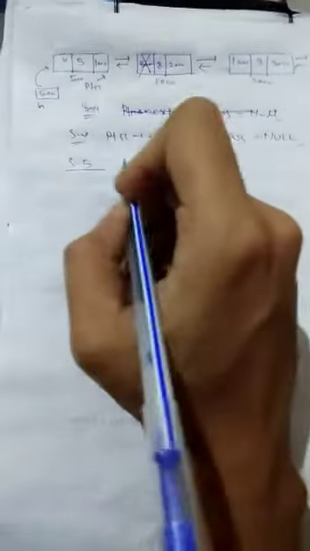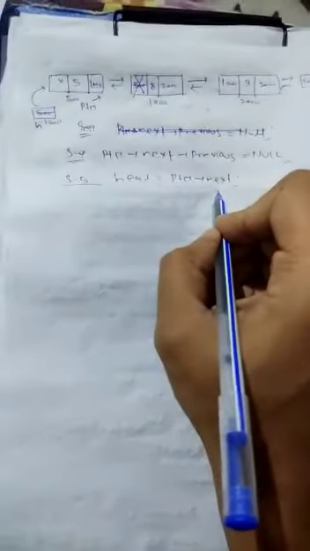Then what is step 5? Head will be ptr next. That means the head will be updated to your ptr next. What is the ptr next value? 100. So head will be updated here. Head equal to ptr next. That means head will now point to this node. That means this link will be disconnected. Head now points to this, and this link is also disconnected because here null will be stored. Now one link is still present. How to disconnect this link?